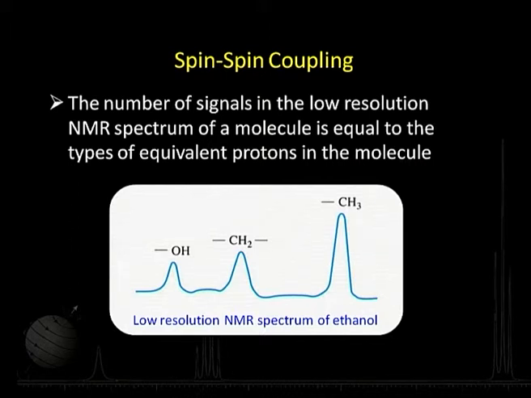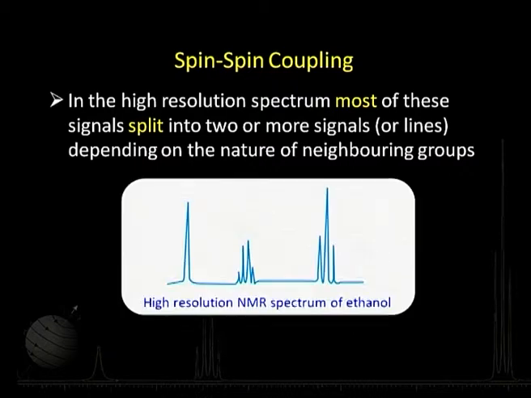But if I take the same molecule and run the spectrum at high resolution, meaning I am using much more sophisticated instrumentation, say a 200 megahertz or 300 megahertz or 100 megahertz instrument, and look at the spectrum there, the spectrum looks something like this. What you find is that there are again three kinds of signals, but you can now say there are three sets of signals, not three signals per se, because in the earlier spectrum we had one signal each.